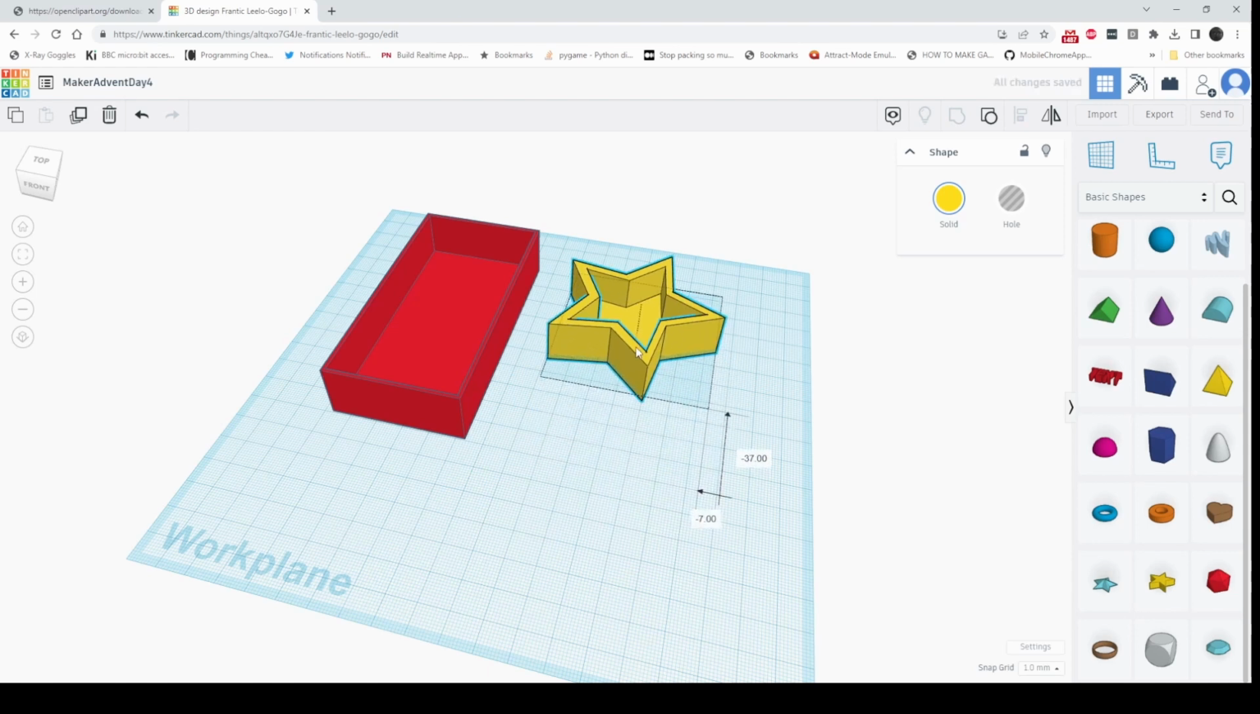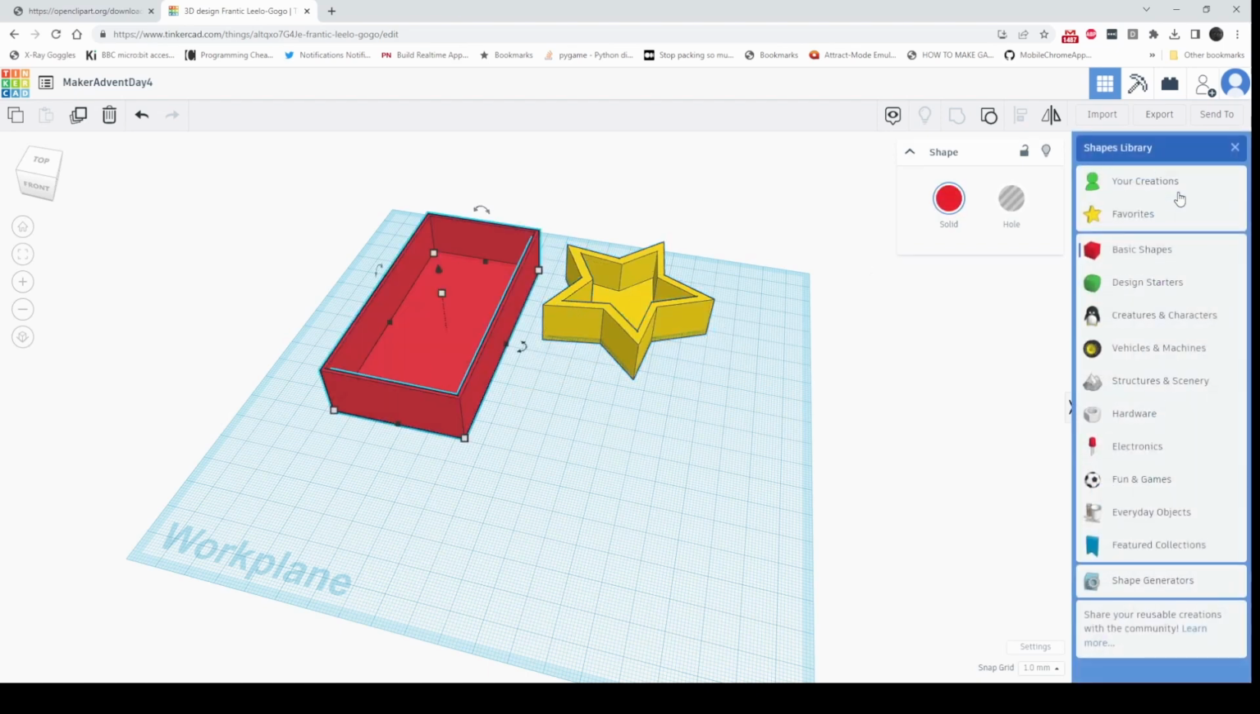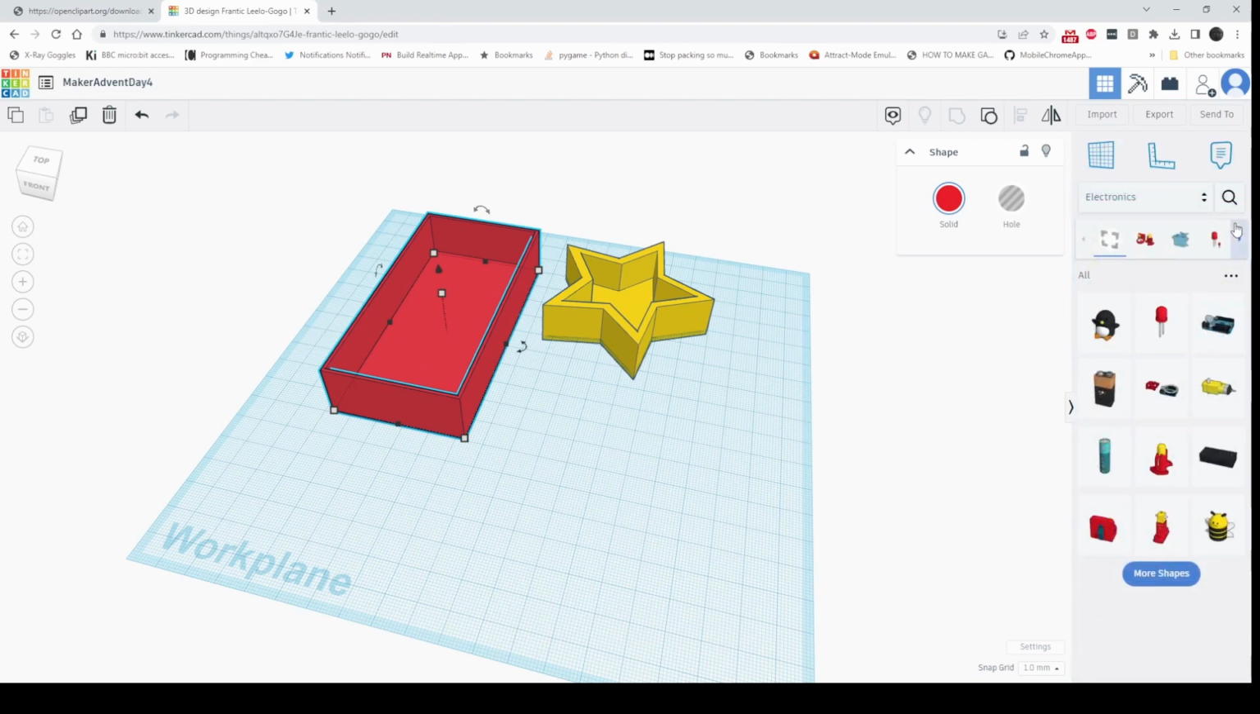And what I'm going to do with this next object is show you how to do that with any object, which you can then apply to any object. You can make hollow things to put stuff in. So this red drawer, I could put a microbit in. So if I go to the electronics parts here, go to the boards,